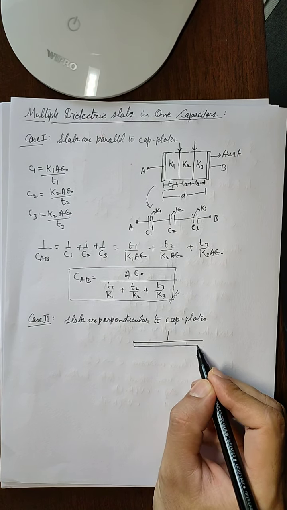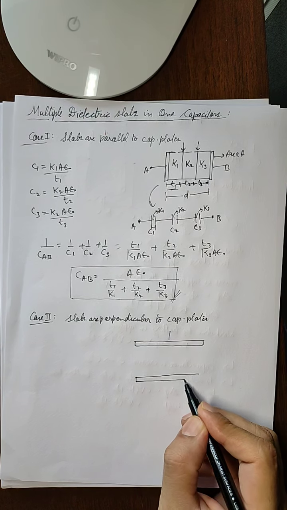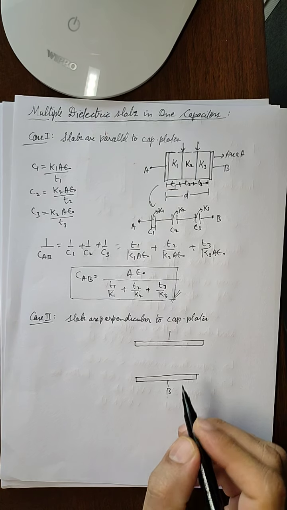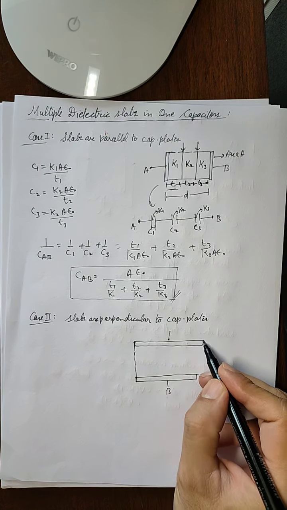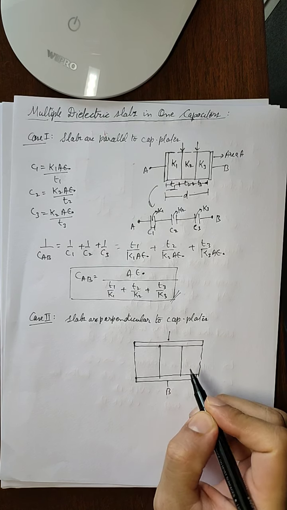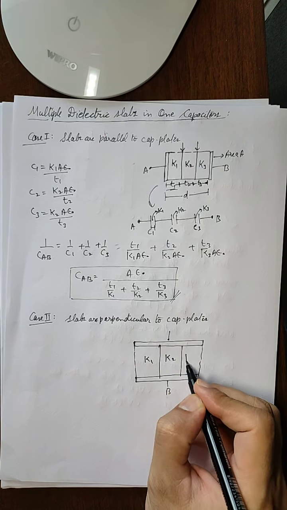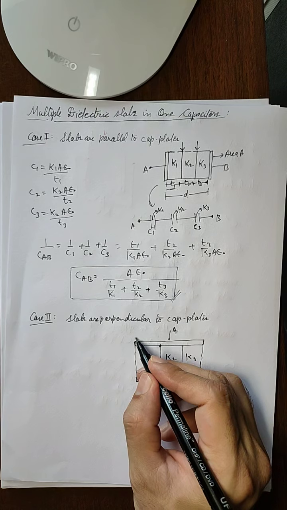Let us say this is capacitor plate A and this is capacitor plate B, and the dielectrics are filled between them in this way. So this will be K1, K2, and this will be K3, and the length of the plate